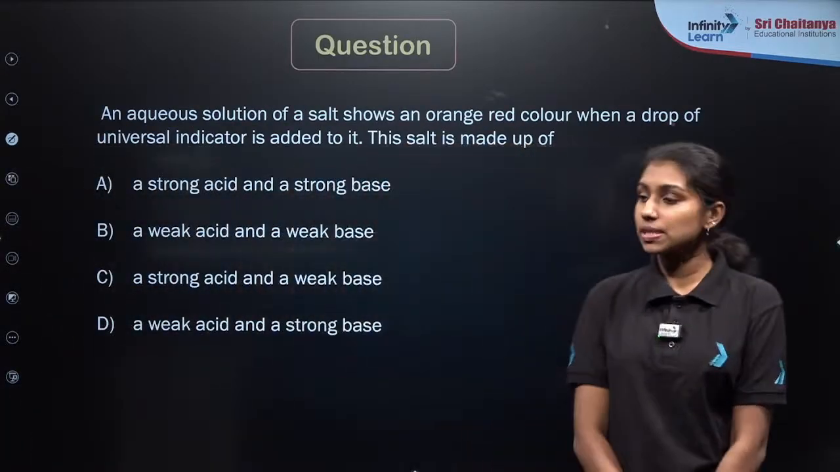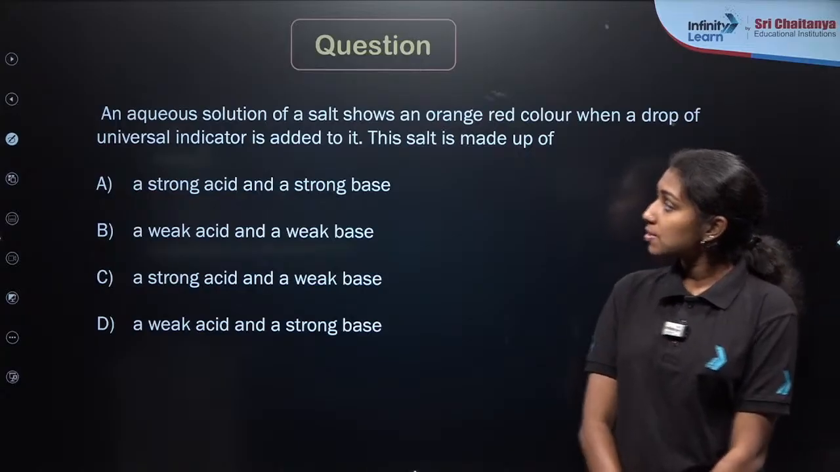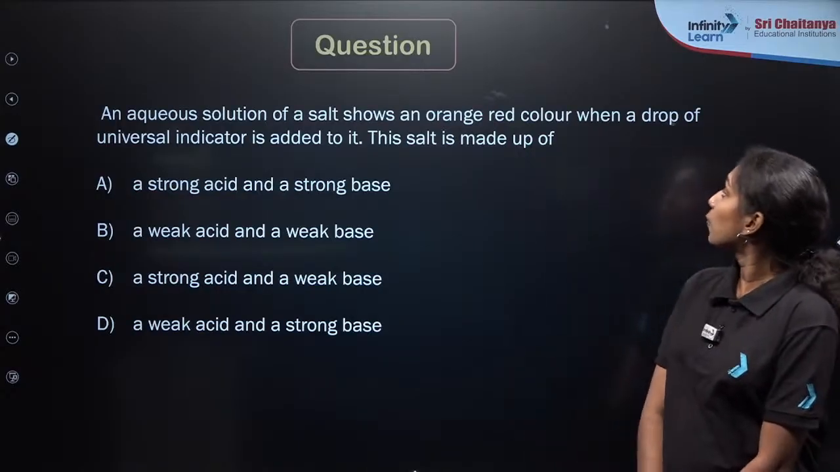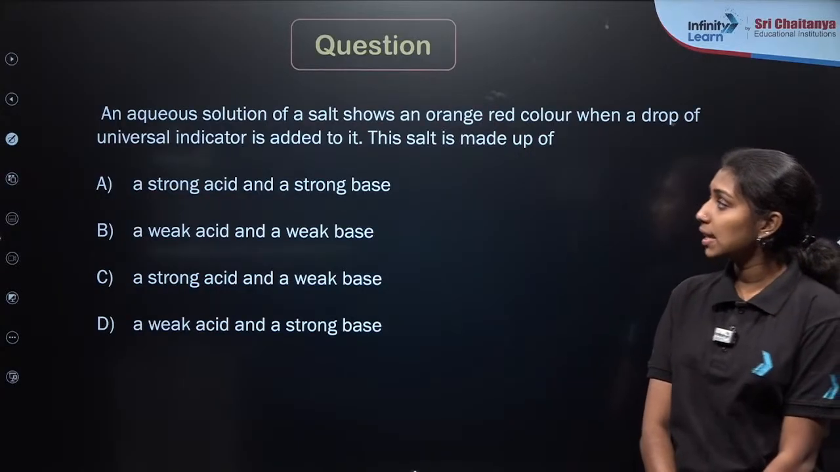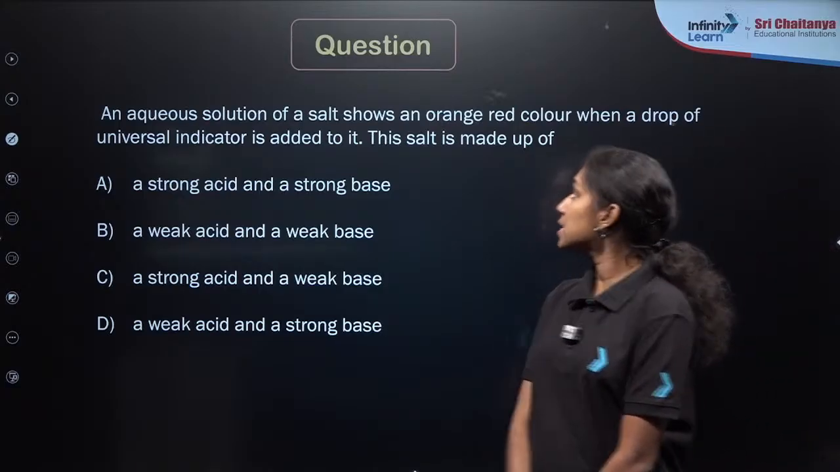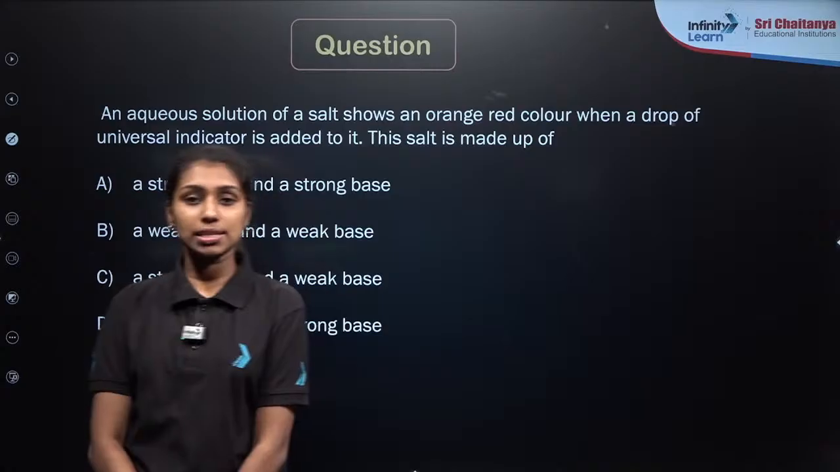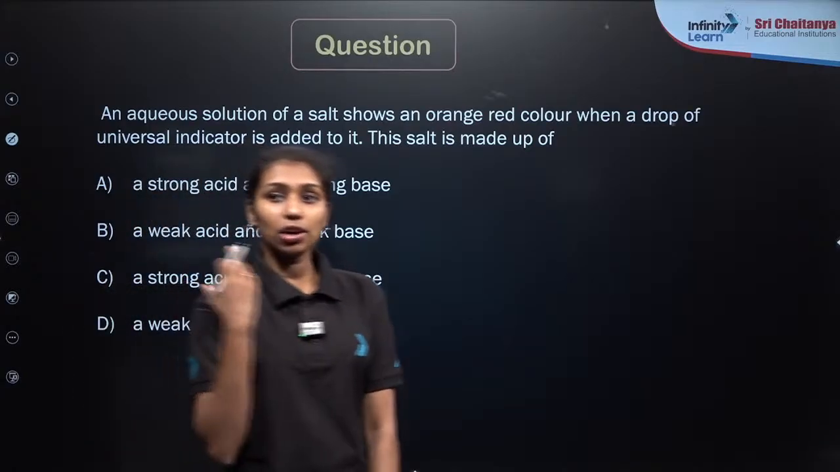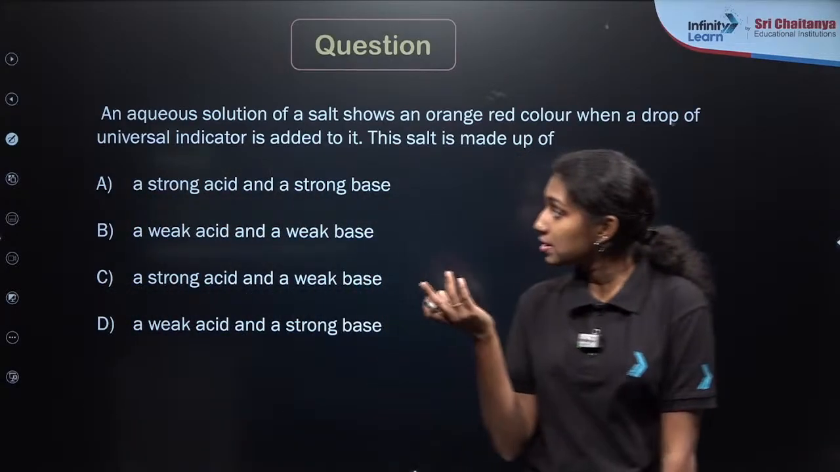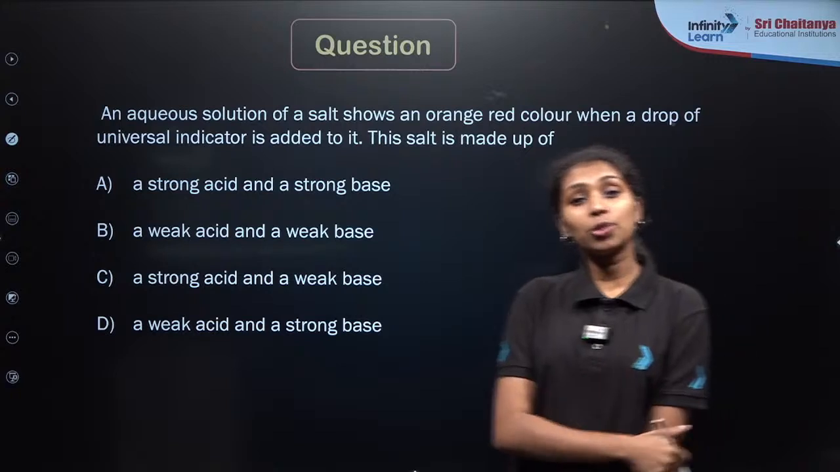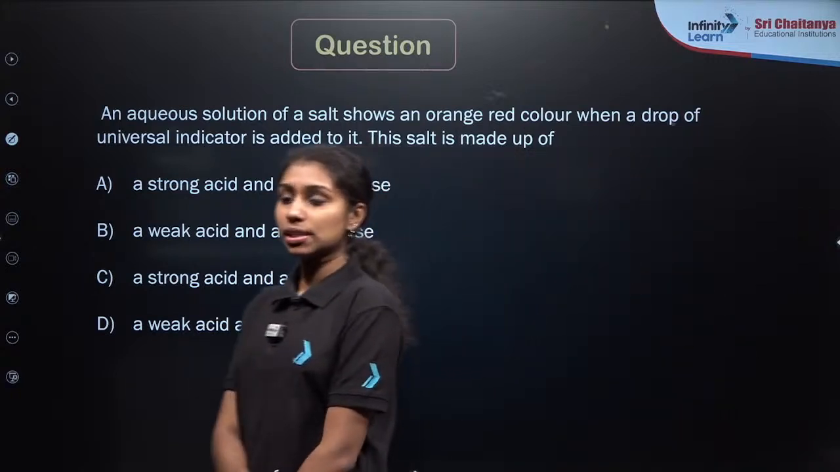Here is the next question. An aqueous solution of a salt shows an orange-red color when a drop of universal indicator is added to it. The salt is made up of. Read the question properly. The question is asking, if you are taking any of these salts and adding a universal indicator. Universal indicator means